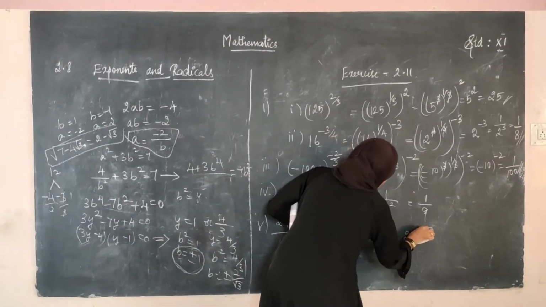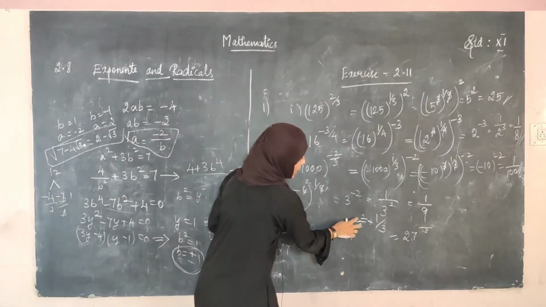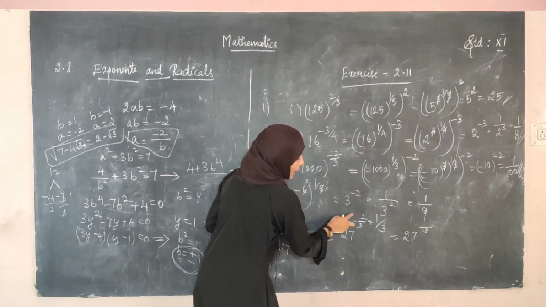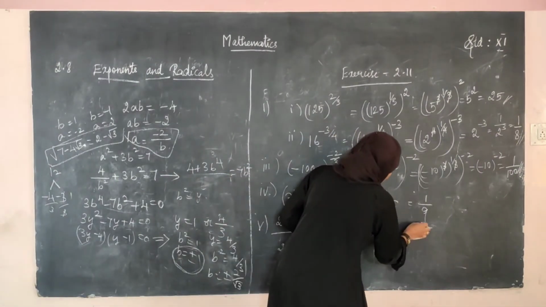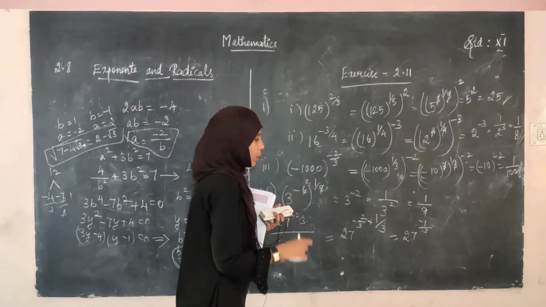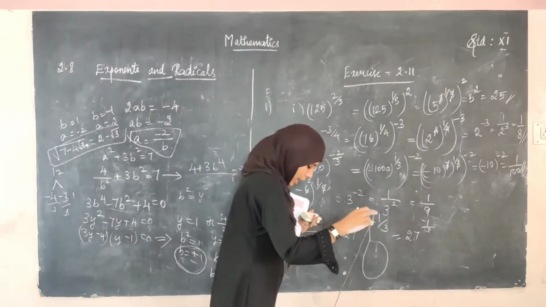So it will be equal to 27. In the power, the denominator is the same. So taking LCM, 3, minus 2 plus 1 is minus 1, right? So minus 1 divided by 3. Okay, minus 1 divided by 3. And see here,